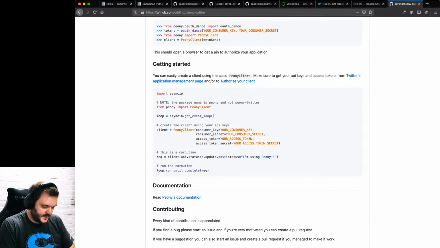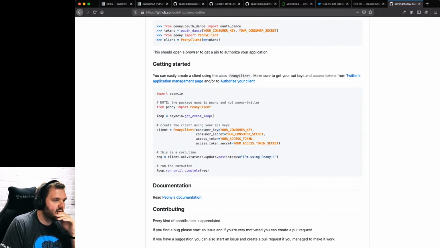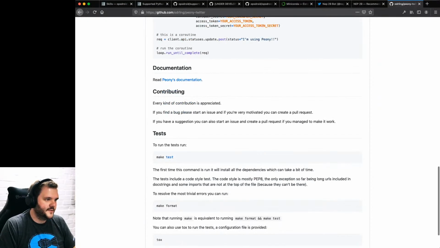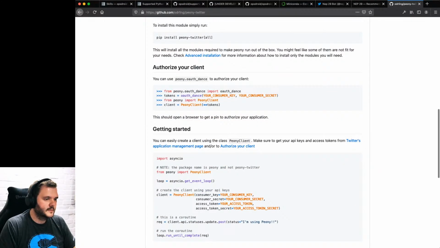What's going on here? Don't know, my title updated properly. Right. Okay, so you create a client like that, and then you can say status is post. Yeah. And that is a coroutine, so I can just await that. Or I might just not even do this as a connector. I might just do this as a skill, which isn't quite the point, but I can always update this in the future. So I need to get a consumer key and a consumer secret from somewhere, and then generate an access token and an access token secret.